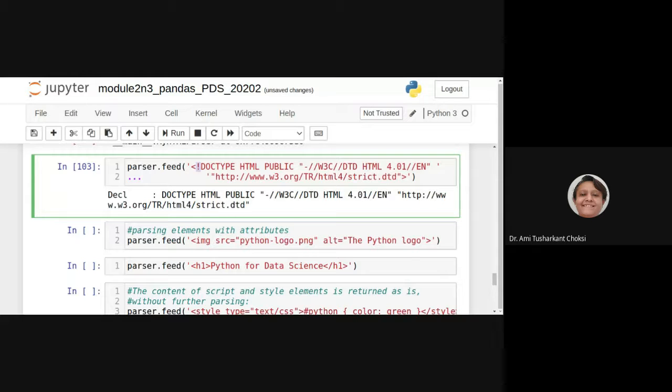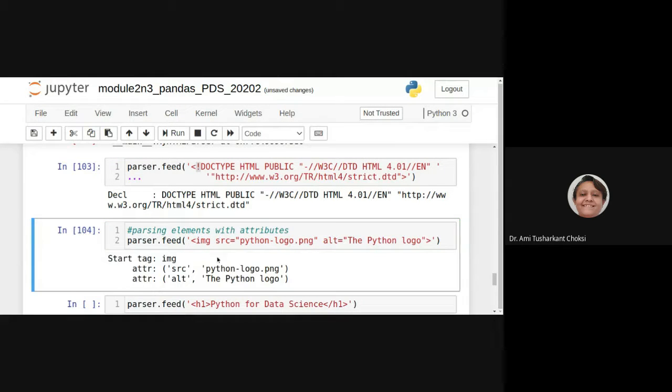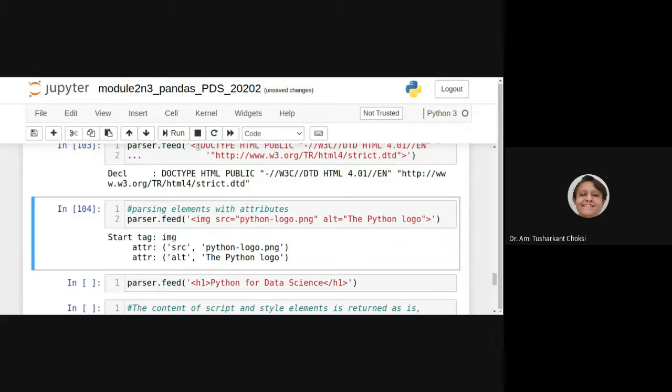Then parser.feed, for which I am giving the img tag. So I'll be able to see start tag img, then attribute src, where src is equal to Python logo, and alt, the alternate text, is the Python logo.